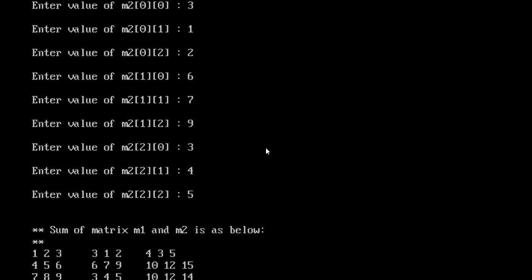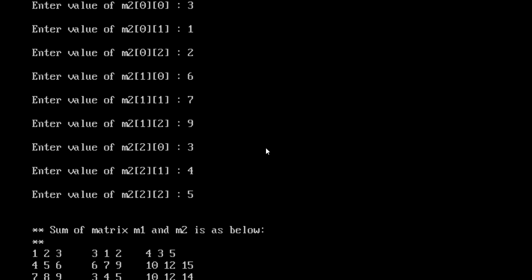So you can see the first matrix is showing 1 2 3 4 5 6 7 8 9 values, and the second matrix value is 3 1 2 6 7 9 3 4 5 that we have given, you can see on above. And for the third matrix, the value are generating like the first column of the first row of matrix M1 is getting added with the first column and the first row value of the second matrix and it is printing the sum on the third matrix, that is 4.